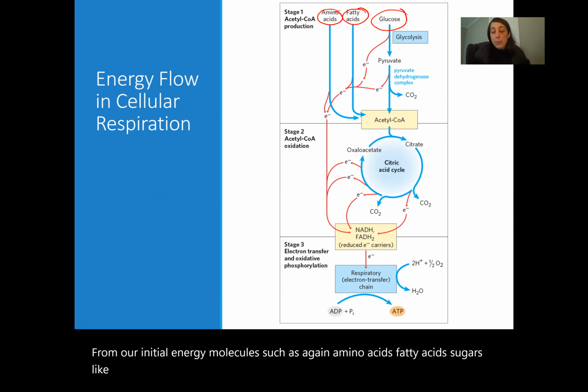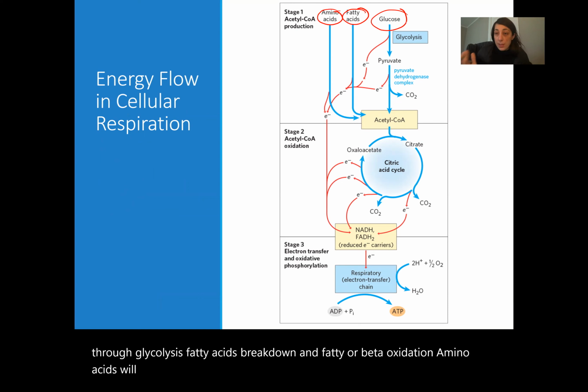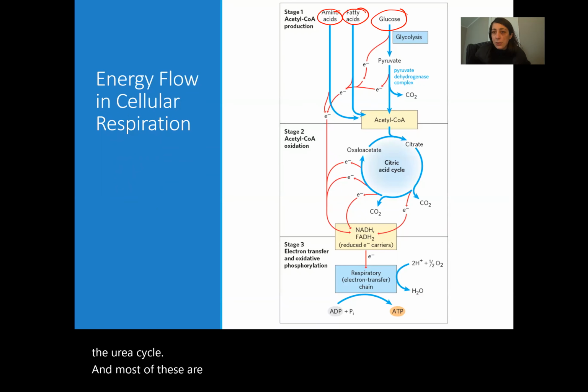These go through their representative paths. Sugars and glucose go through glycolysis, fatty acids break down in fatty acid beta oxidation. Amino acids will be broken down via numerous paths, one of them being the urea cycle. And most of these are going to lead eventually to our molecule acetyl-CoA,